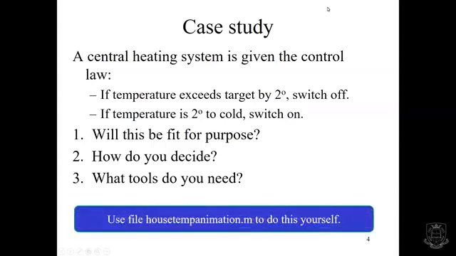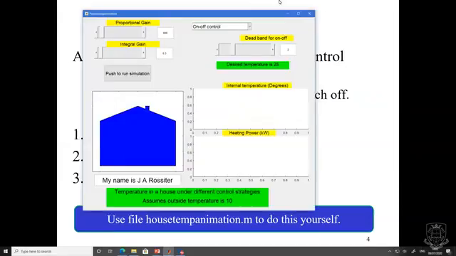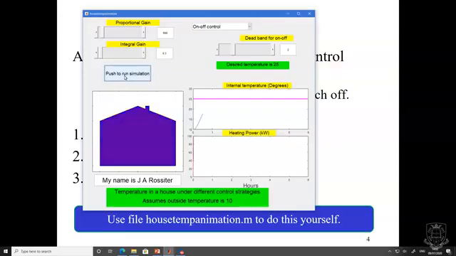Now we're going to give a quick illustration here of the sorts of tools that may help and the sort of questions you may then want to ask. So here's your house, and you can see I've put 2 in here, so that's the deadband for your plus and minus 2. So if I now run this simulation, you'll see what happens to the temperature in the house. Look, it goes too hot, too cold, too hot, too cold, too hot, too cold, too hot, too cold,